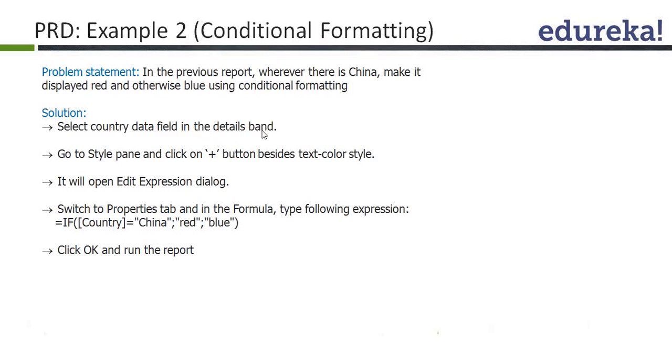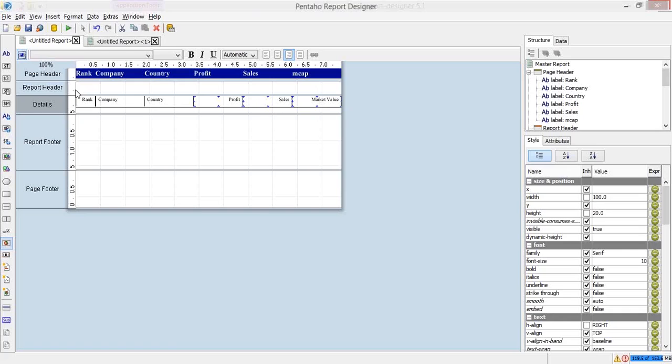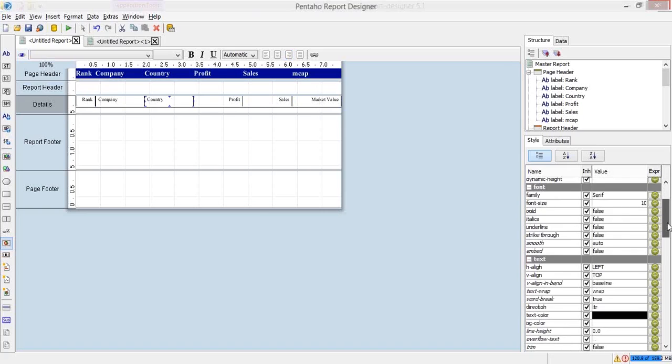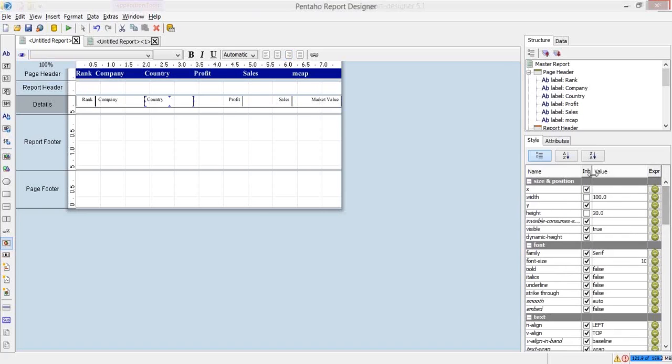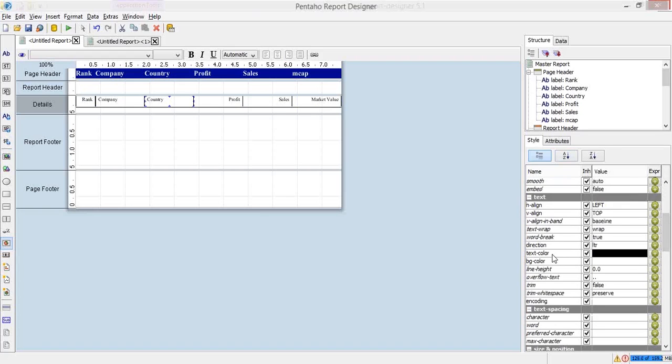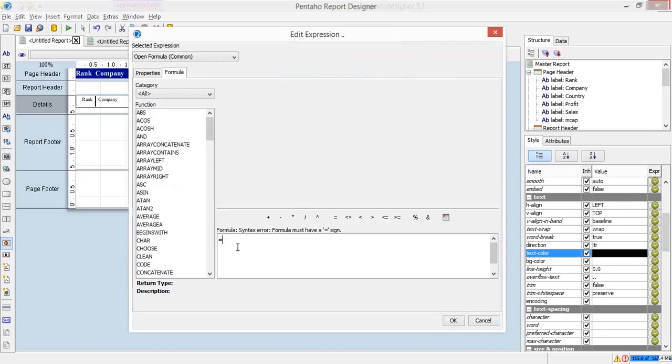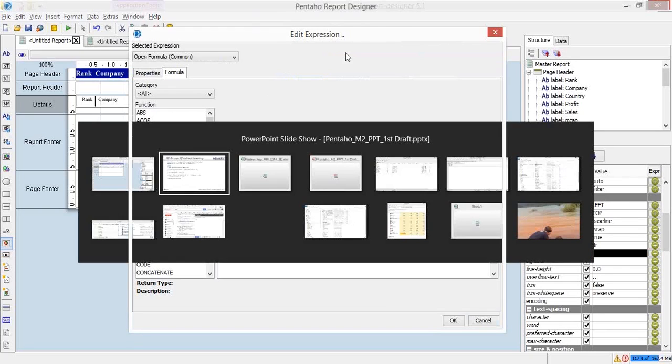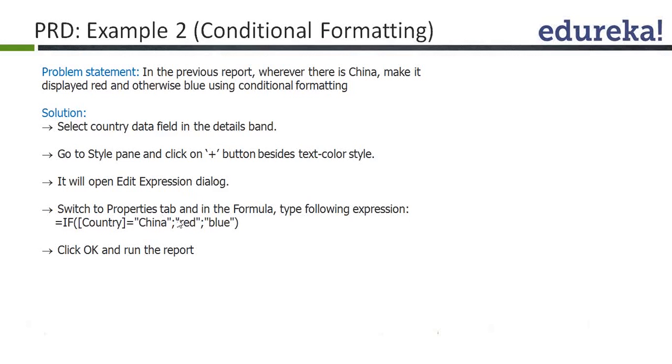Select the country field, the data field, and then there is a small plus button. So this is the country field, and this is style and color. So font color is the text color, and this is plus. So click on plus, and this is your edit expression. Now it will open the edit expression dialog. Switch to the properties tab, and